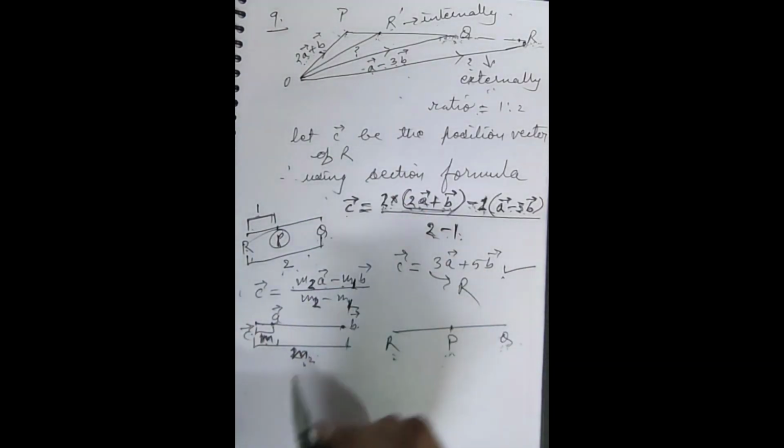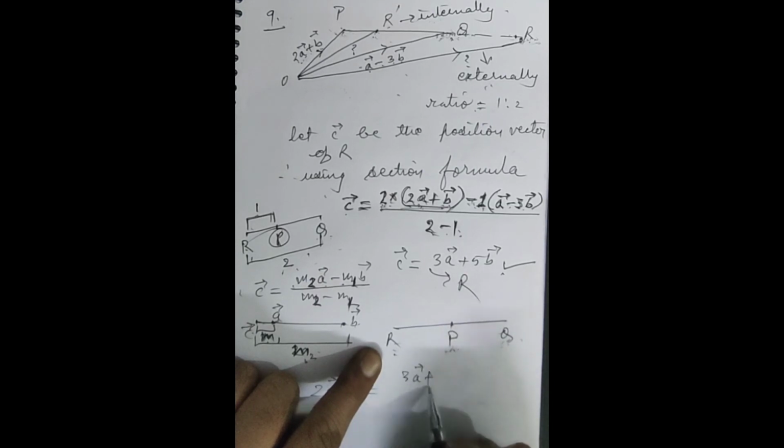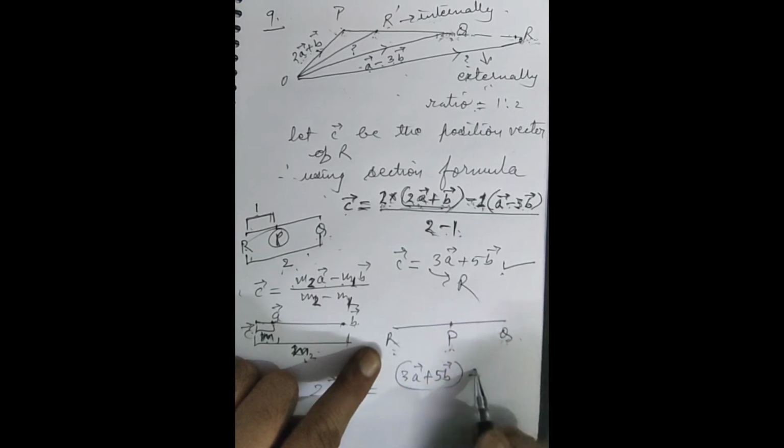What I mean to say, the components of P, or position vector, let me use simple language. P, its position vector, is 2A plus B. This is equal to the position vector of R we have obtained, 3A plus 5B, plus Q, its position vector A minus 3B, divided by 2. If you remember, x1 plus x2 upon 2, y1 plus y2 upon 2, the same theory we are using.